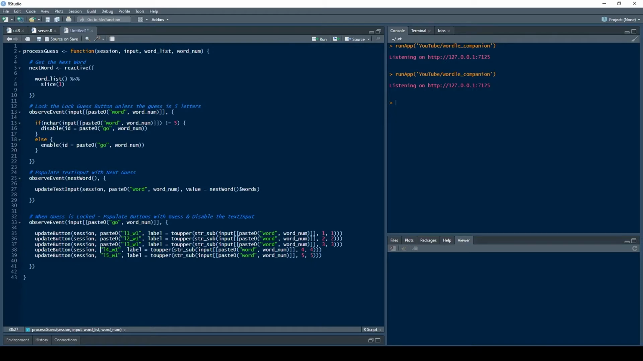So we add all these paste zeros in. Okay, and then now what we want to get rid of is just the word. So instead of having that word, what we want to do is we want to have our paste 0. And I'm just going to add all my parentheses and stuff in. So we've got this now. Okay, perfect. So now what we want to paste 0 with is our word num. So I'm just going to copy this, paste that down